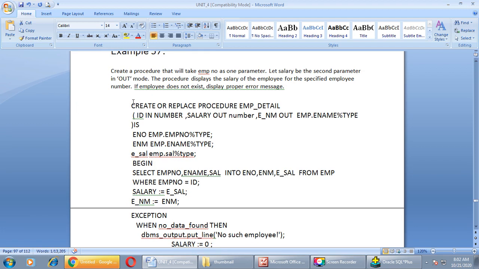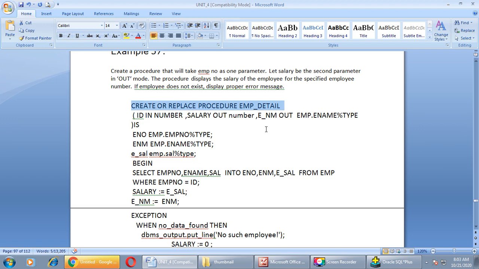Let us create a procedure. Create or replace procedure with the name employee detail. Here you can see that there are 3 variables I have defined as parameters, namely ID, second is salary, and third one is E_NN.